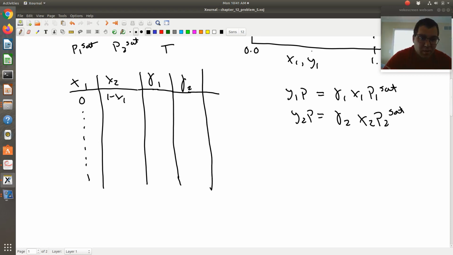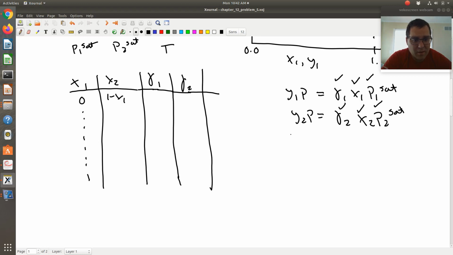So how do we proceed? Look at this system of equations. If I'm looping over x values, for a given x, I know x1 and x2, and I know gamma 1 and gamma 2, because I just computed them as they're only functions of composition. P1 sat and P2 sat are given and known. So I have a system of two equations with two unknowns, and in theory I could simultaneously solve them. If I were using MATLAB, I could use an fsolve command to solve for y1 and P. Or if I'm thinking about Excel,